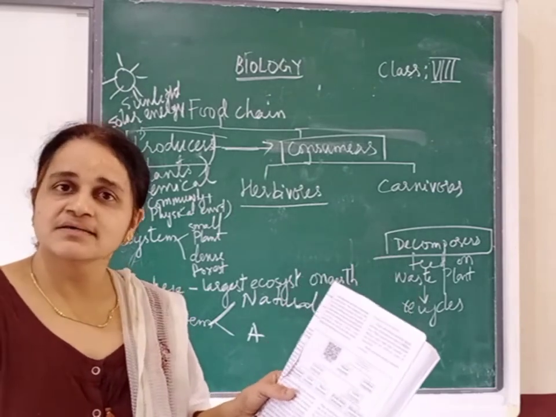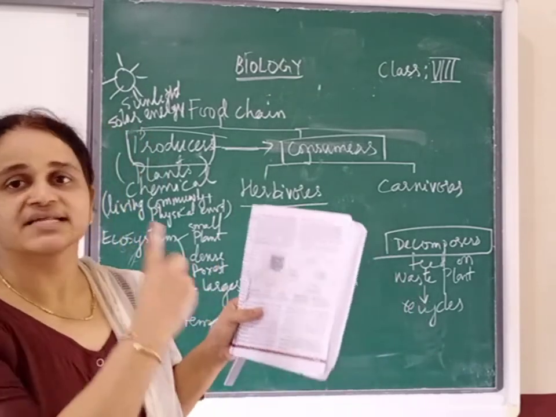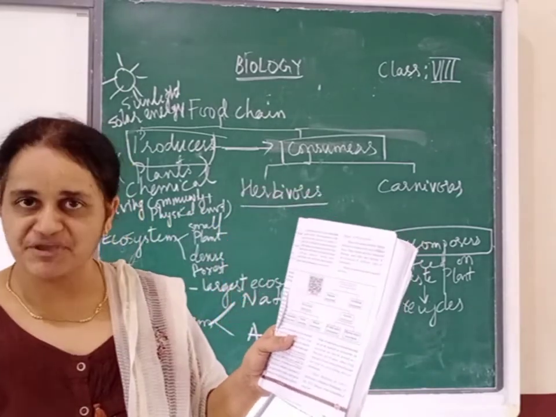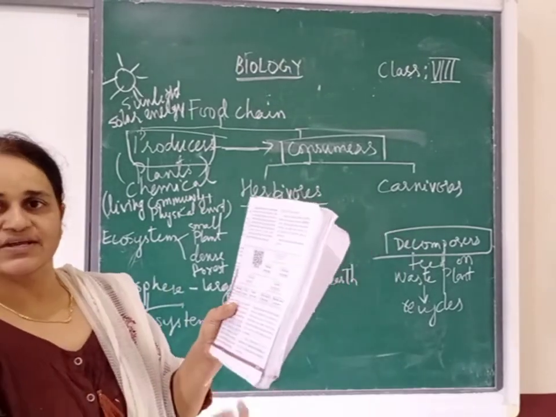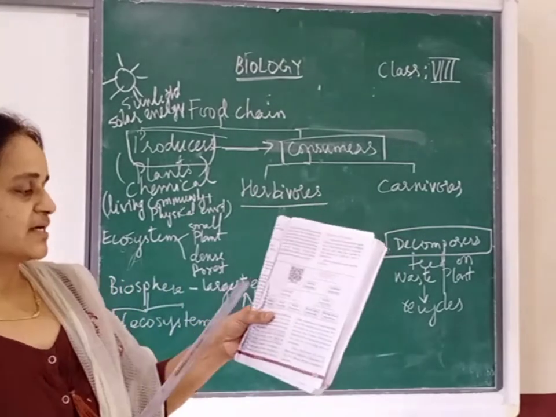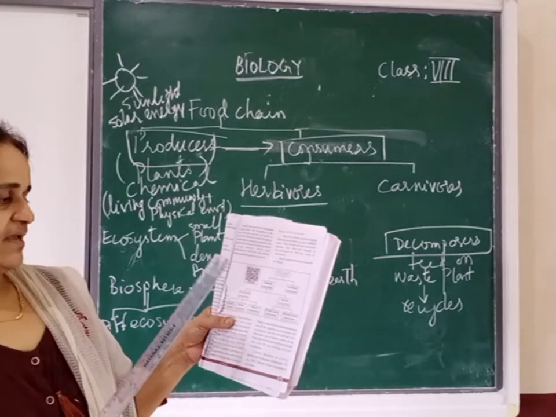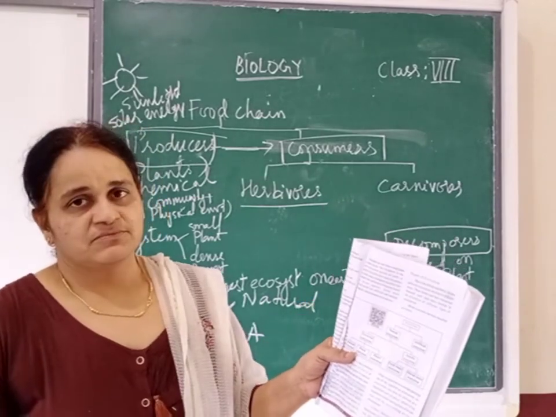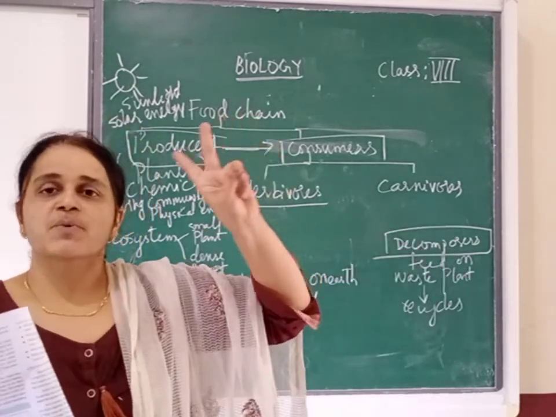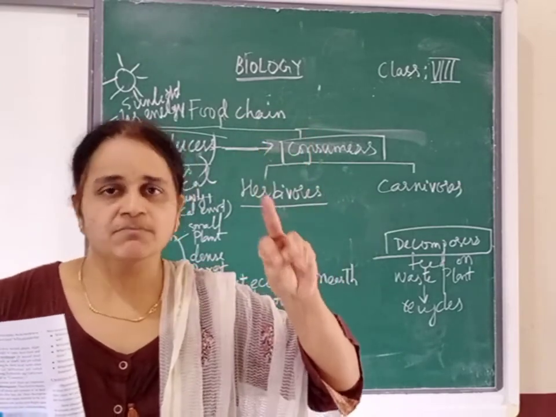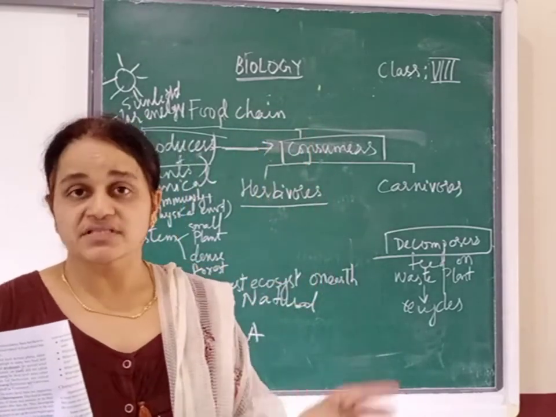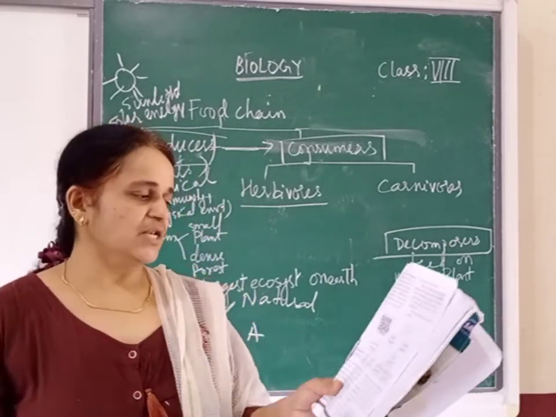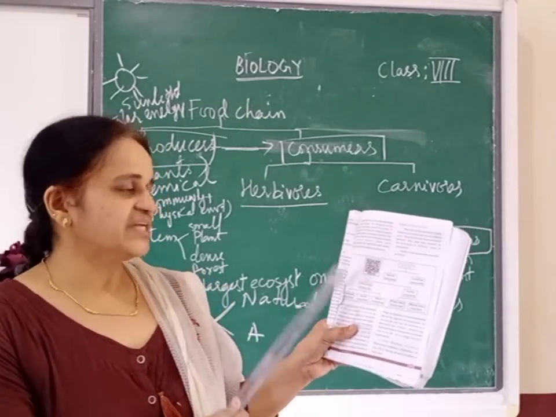But frog is an amphibian. Why do we call it an amphibian? Because it can live both on land and water. So here terrestrial ecosystem is further divided into grassland ecosystem, forest ecosystem and desert ecosystem. So remember, ecosystem is divided basically into two: natural ecosystem and artificial ecosystem. Natural is further divided into two: terrestrial ecosystem and aquatic. In terrestrial you have three: grassland, forest and desert.